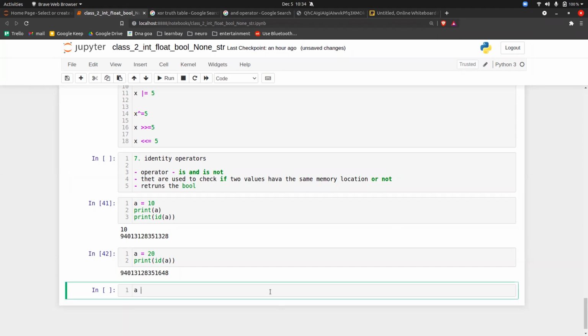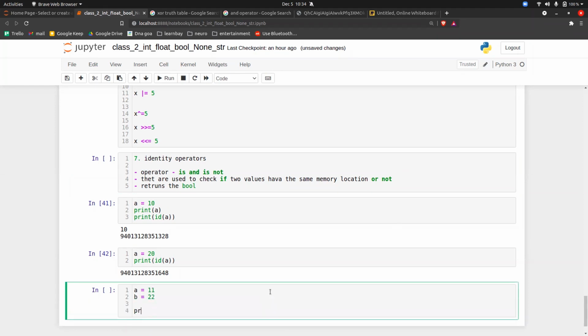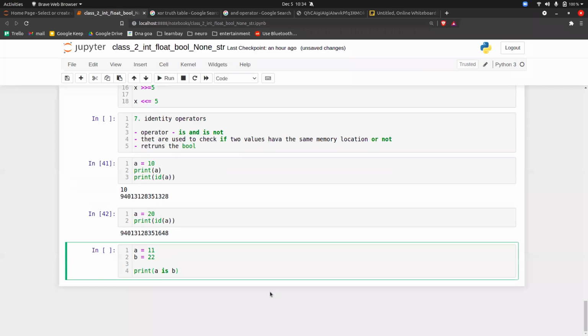Okay, so let's see. Suppose you have variable a is equal to 11 and b is equal to 22. Print a is b. So you have to just frame a statement for this. What I'm claiming here is that the memory address of A is equal to the memory address of B. So is my statement true or false? It is false, right?